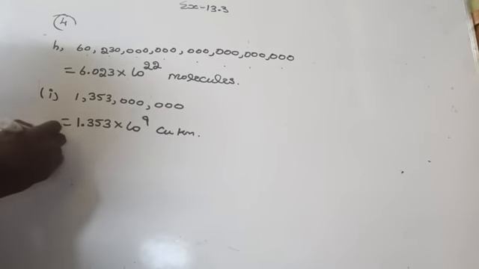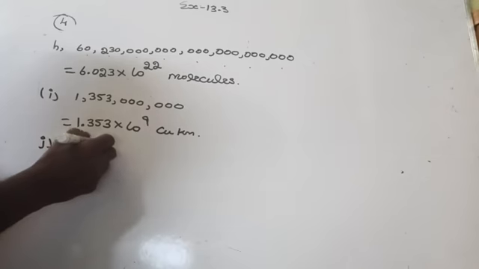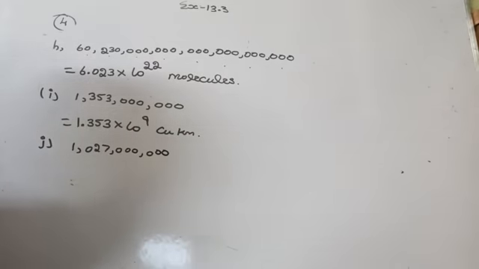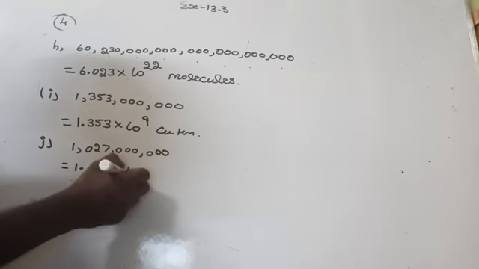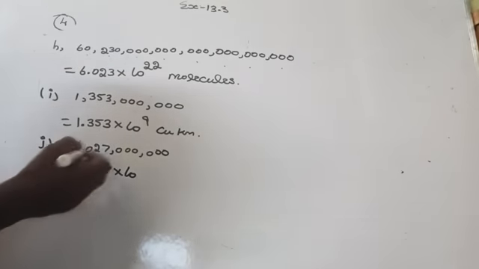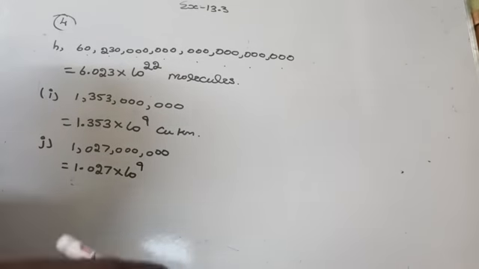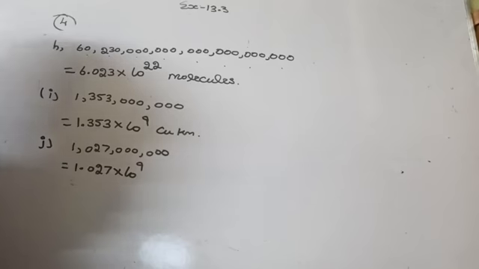Then after that, the population of India in March 2001 was about 1,027,000,000. You have to express the given number in the standard form. So what is that? 1.027 into 10 to the power of, so after 1 how many digits are there? 1 2 3 4 5 6 7 8 9. So 1.027 into 10 to the power 9. This is the population of India in March 2001. Are you getting here? Yeah.